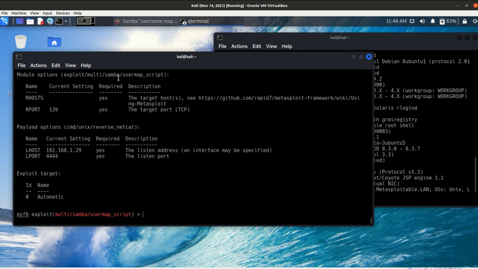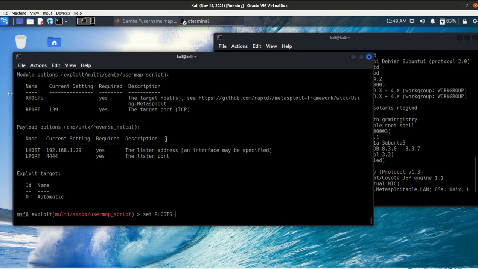So this is an exploit, and that exploit has a payload as well. It looks like what it's going to do is start a reverse netcat listener on port 4444 back to our machine, which is 129. So what we're going to need to do is set the rhost